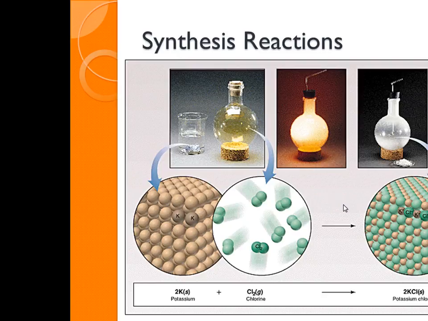Here is a diagram or a picture that might help imagine what's going on here. So in our photographs, we have potassium metal, which is this silver shiny thing in the beaker here. And if you take a close-up molecular view of the potassium, it's lots of single potassium atoms all together. And then you have in this